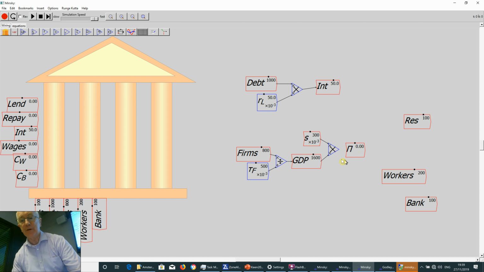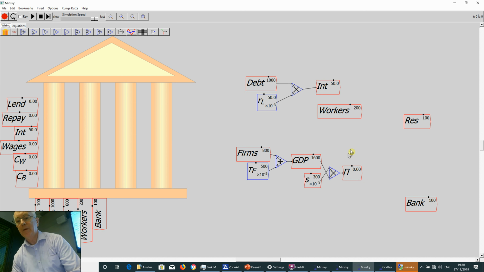And in this extremely simple model, actually I should put those down the bottom here, I'll just drag it around. This can make your models look rather messy after a while, but Minsky is quite flexible on that front. So GDP minus profit,